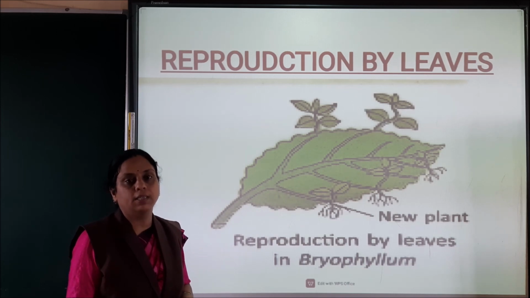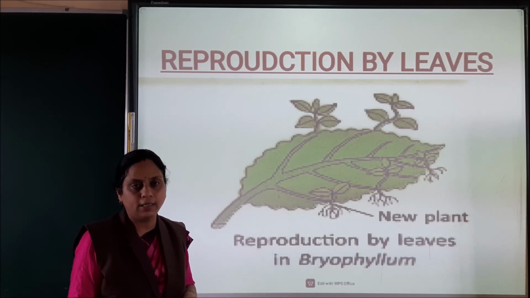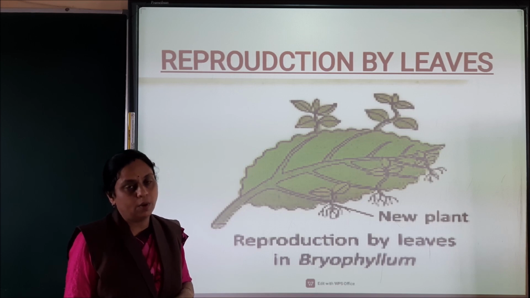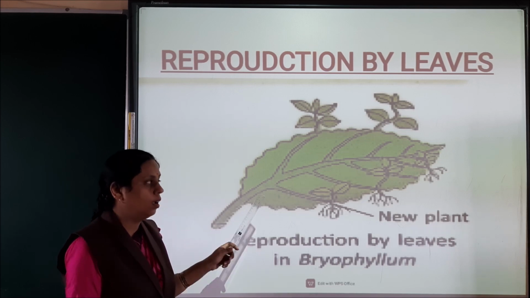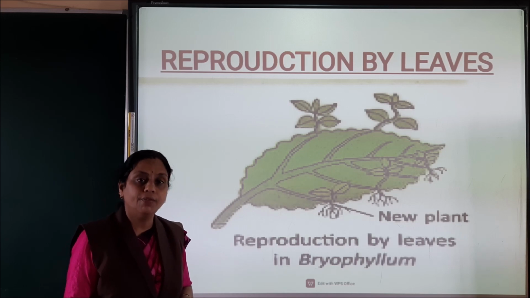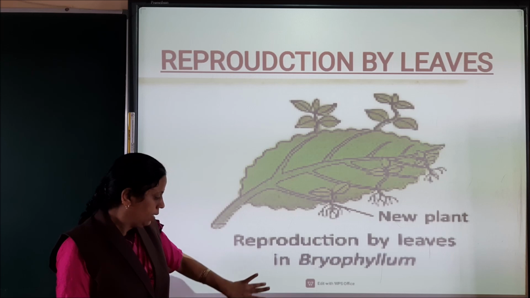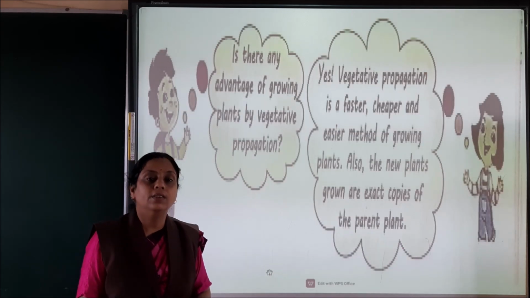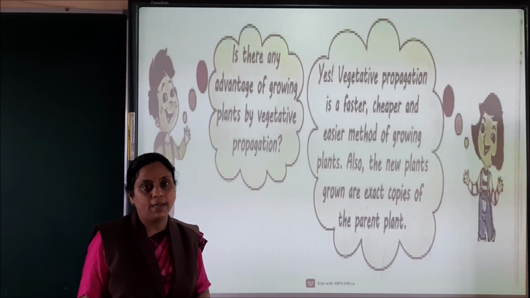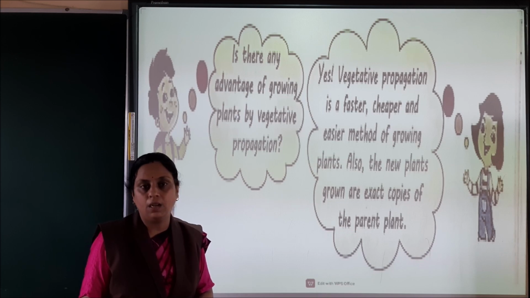And when these buds develop into the plantlets, then what happens? When this leaf falls, these plantlets separate from the leaves and they give rise to the new plant when the conditions are favorable. So this way the reproduction takes place by the leaves also. So in this way, children, we have learned the reproduction by the stem, reproduction by the roots, reproduction by the